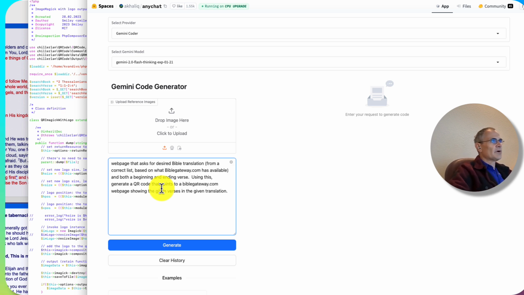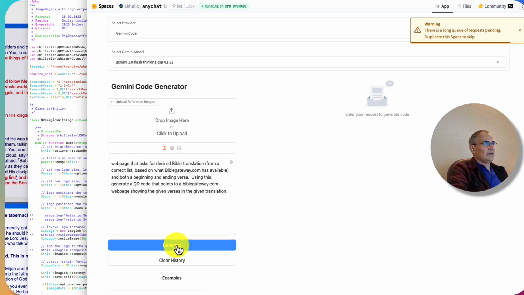So this is what I came up with, the very first time that I typed anything in here on what I wanted it to do. And I told it I wanted it to give us a web page that asked for a desired Bible translation from a correct list based on what BibleGateway.com has available, and both the beginning and ending verse. Using that, generate a QR code that points to a BibleGateway.com web page showing the given verses in the given translation. And then I clicked on generate, and